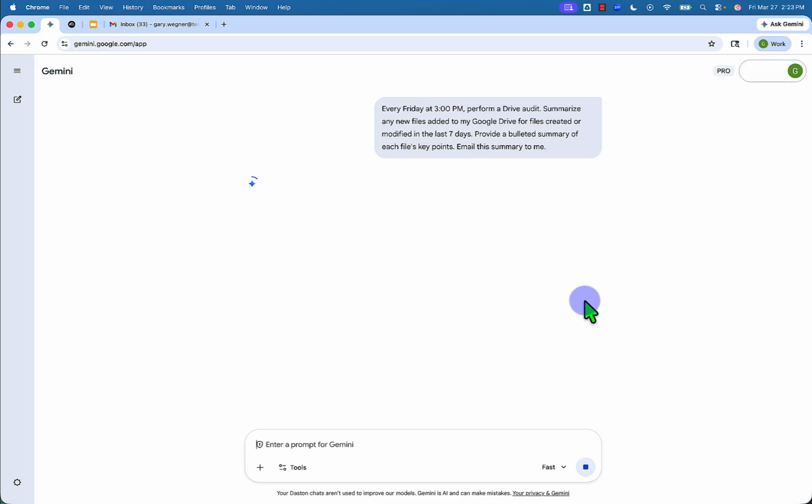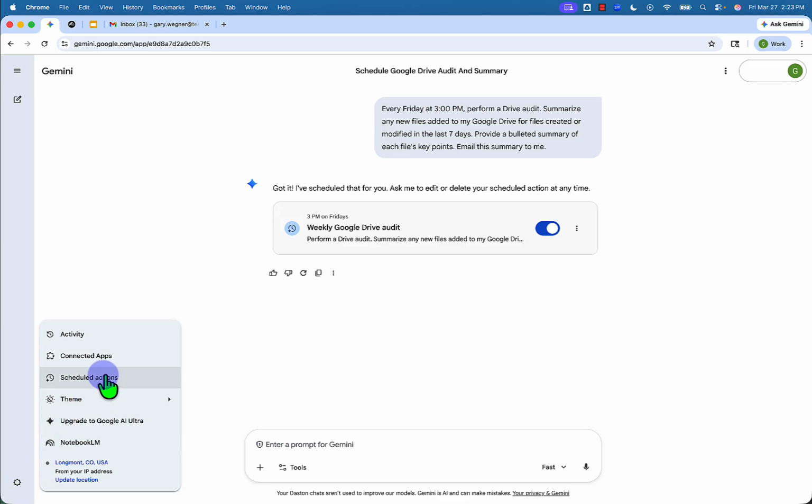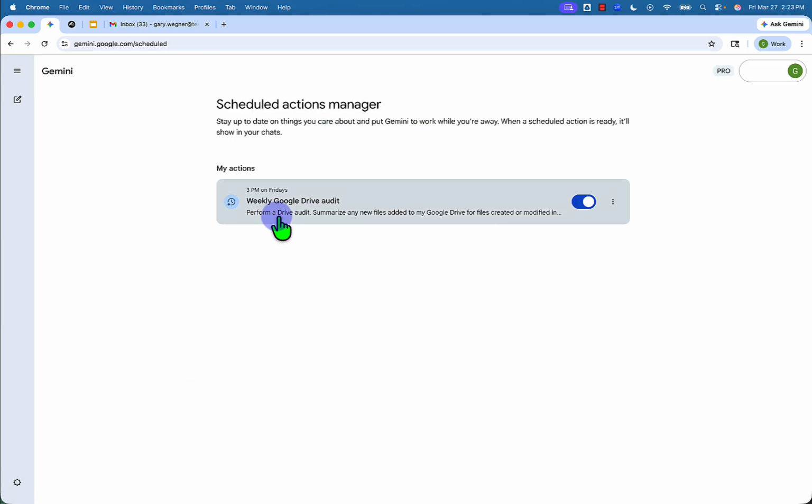It will go through its motions and create the scheduled action for you. Now, with that scheduled action, you will find that in the middle of our screen that it's started. Lower left corner, the same sun or gear icon. Scheduled actions. You'll see those actions here, and you can click on the three dots to the right to edit. Maybe you want to change the time or delete that, or just turn it off for a period of time